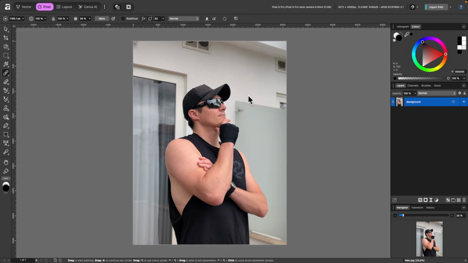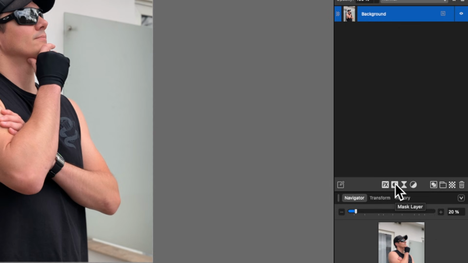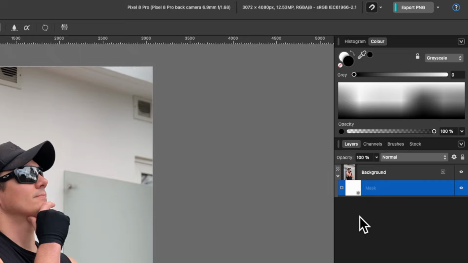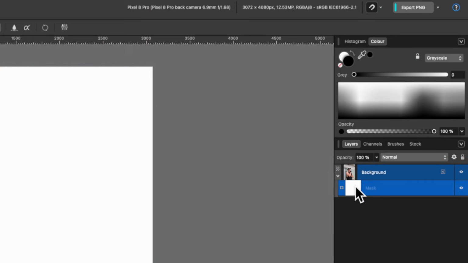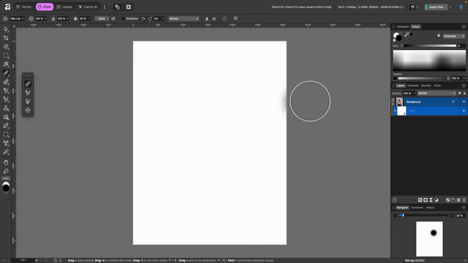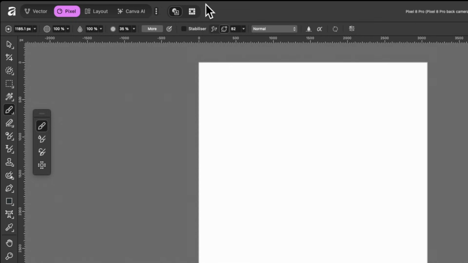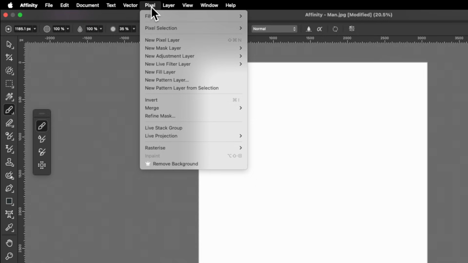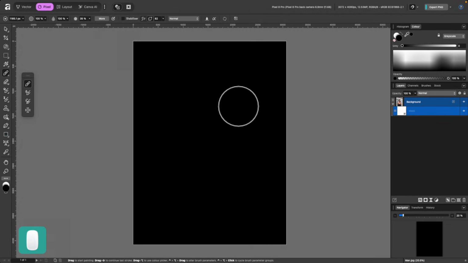So to make it even more easy to understand, I will go ahead and do the same thing again. I'll click on the layer mask, and I'll hold Option or Alt on the keyboard and click on the layer mask. Of course, it is white right now, but we can actually invert this so it's black, meaning that we can paint to reveal that man in the image. So how we do that is we go up to Pixel, and then we go to Invert. The shortcut for this one is Command I. So when I click on that, you can see everything is black now.